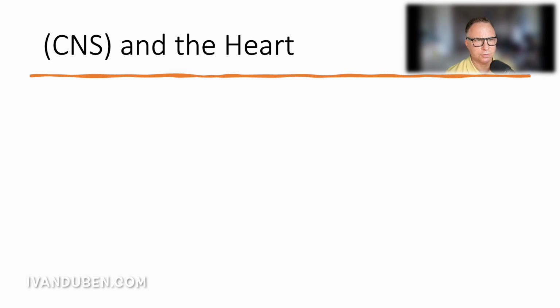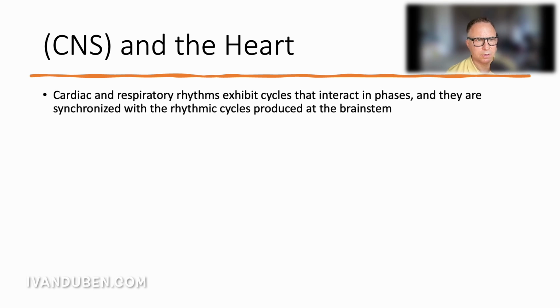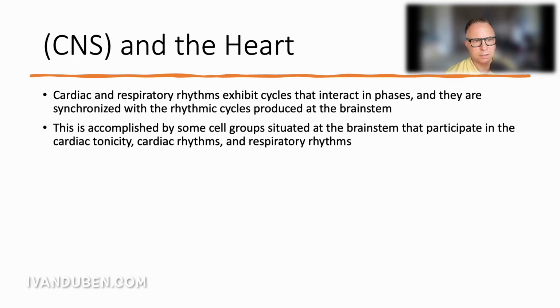Regarding the interactions of the central nervous system and the heart, cardiac and respiratory rhythms exhibit cycles that interact in phases, and they are synchronized with the rhythmic cycles produced at the brainstem. This is accomplished by some cell groups situated at the brainstem that participate in the cardiac tonicity, cardiac rhythms, and